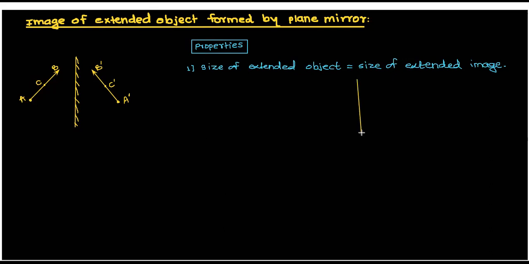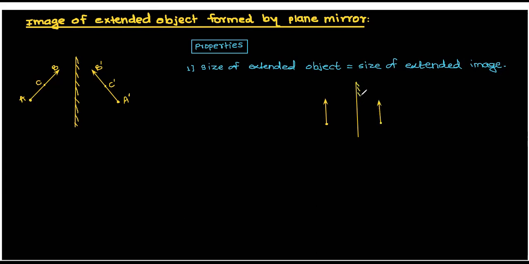This is a mirror. Suppose I am having an object placed over here in front of this mirror, right? This is an object. And this arrow indicates what? Its height is changing. Okay. So how will its image form? Its image will form like this. Yes or no? Whatever the size is, you see in both the cases the size is the same.